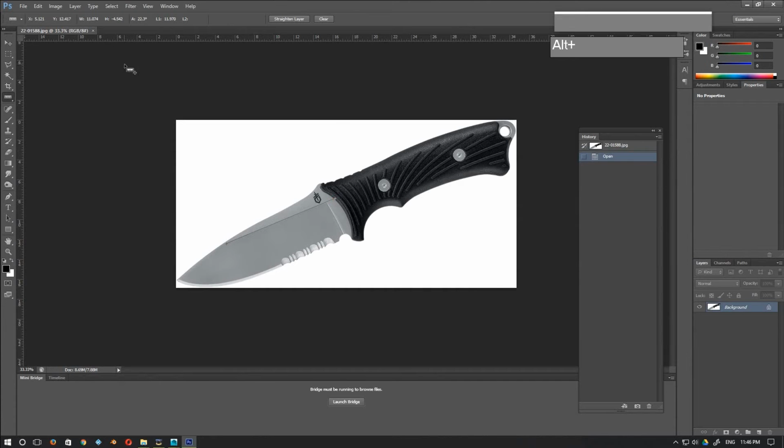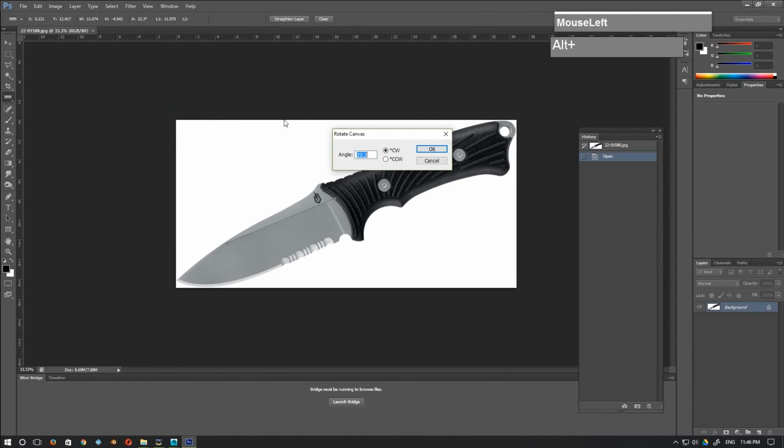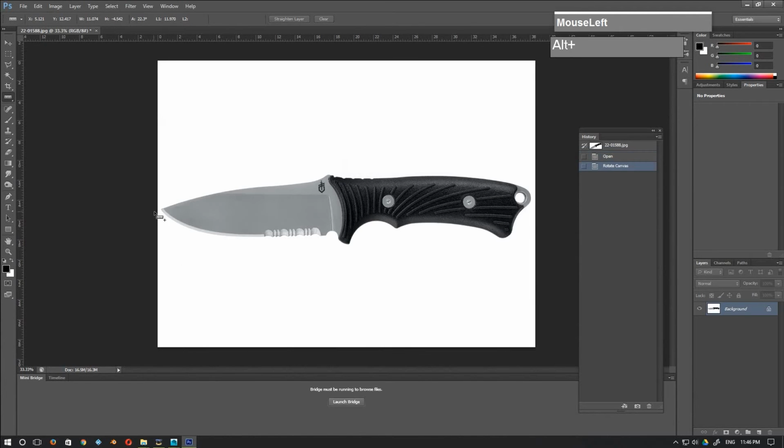Okay, and then go ahead and click on Image, Image Rotation, click on Arbitrary, and then just leave everything at the value that is detected, and then click OK, and Photoshop will straighten and level the knife for you. Now the next thing you want to do is to increase the canvas space so that it forms a